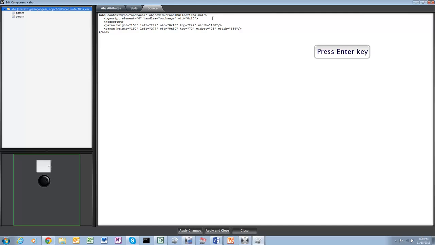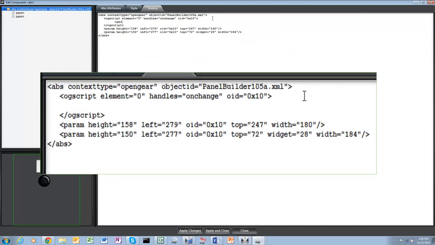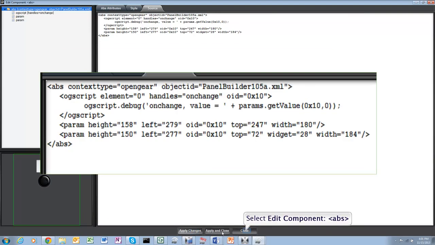and we'll write out to the debugger. OG script debug, and let's write onChange value equals, and strings concatenate with a plus operator in JavaScript and in OG script. And we're going to now get this parameter value. So we're going to go params.get value, and the object ID is 10, the element index is 0, and close those braces. I think we're good. Let's apply that, close it,